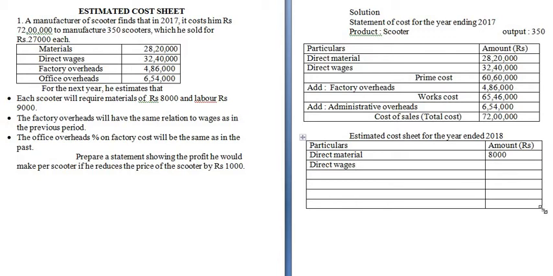Yes, now direct wages or labor amount they have given, that is 9,000. Okay, so again in this problem also they have not given us direct expenses. So this itself will be called as what? Prime cost. Okay, total of this. Now make a total 8,000 plus 9,000, that is 17,000. Okay. Now next is